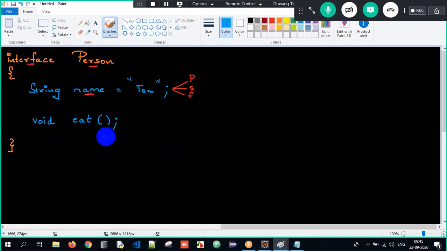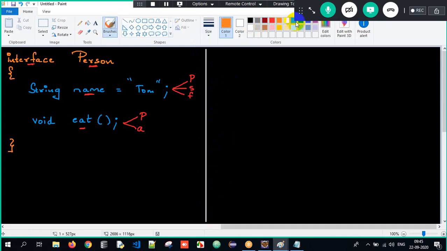It's an abstract method. But I told you one more point, sir. All abstract methods should be declared using the abstract keyword, right? But here, since we have defined this method in an interface called Person, this method is automatically public and abstract. We need not explicitly declare it as public and abstract. Got it? So we just understood how to create an interface and how to define variables and methods in an interface.